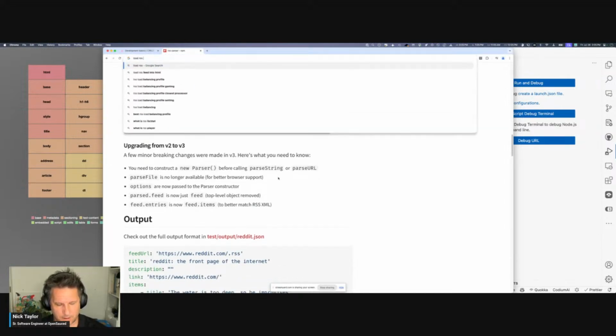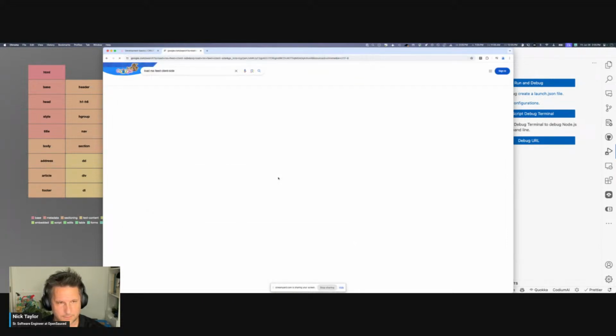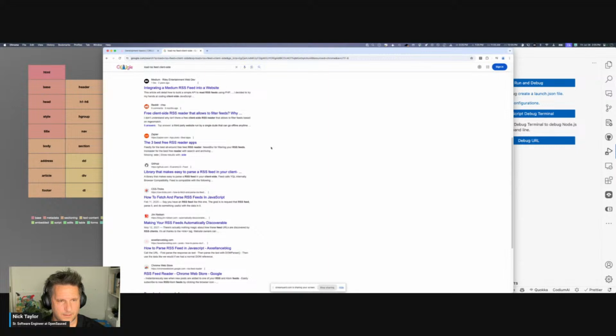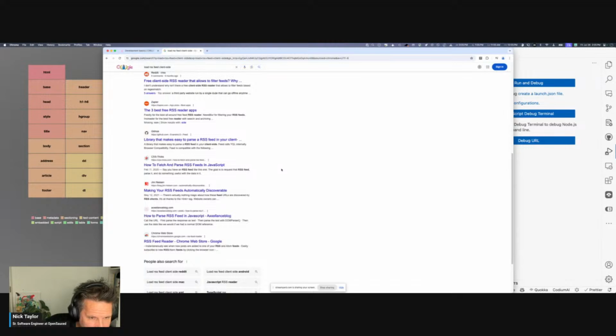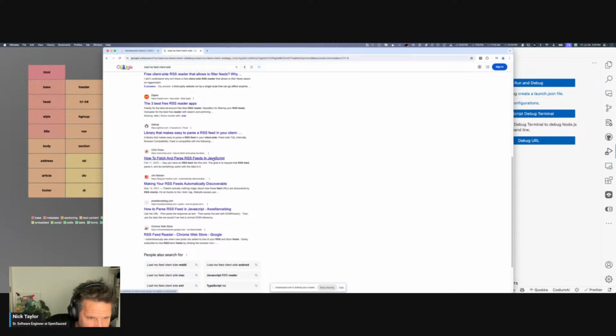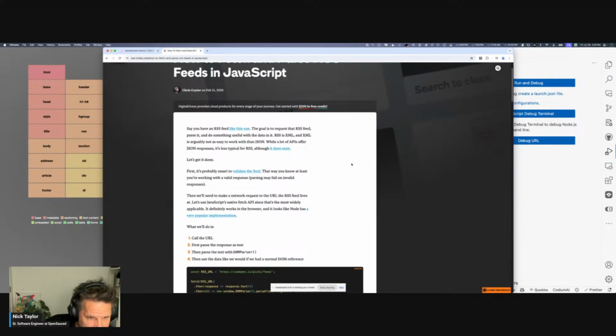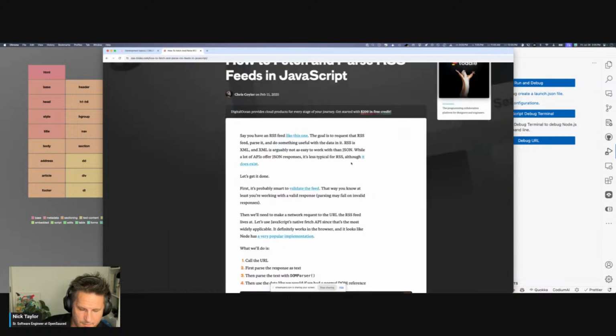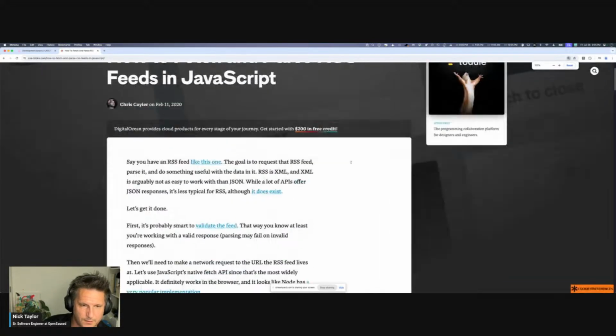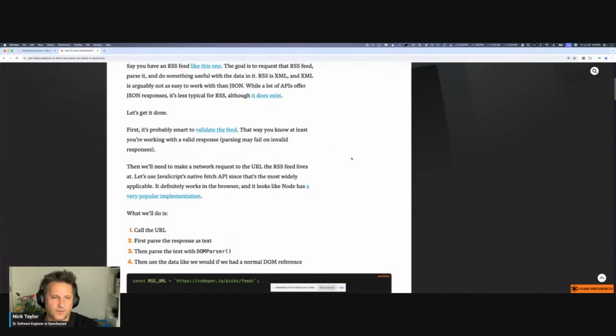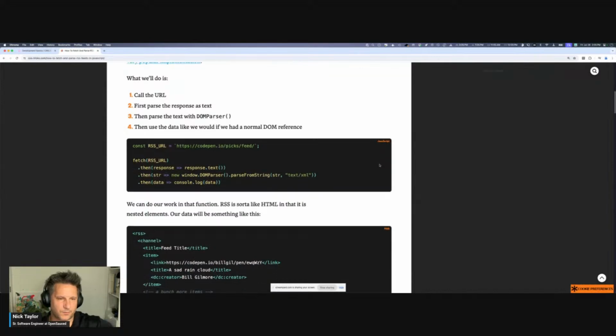Load RSS feed client side. I don't want an RSS reader. Yeah, how to fetch. Oh, good old Chris Coyier coming to the rescue, maybe. Let's go take a peek here. I just thought it would be fun to show upcoming events, but